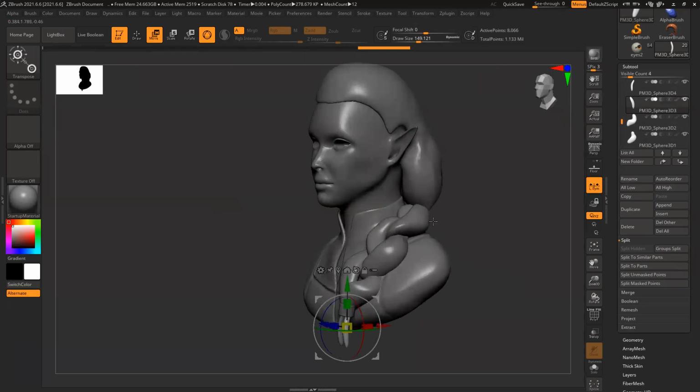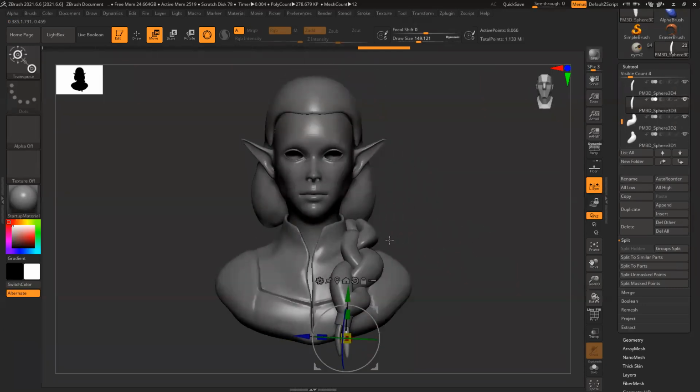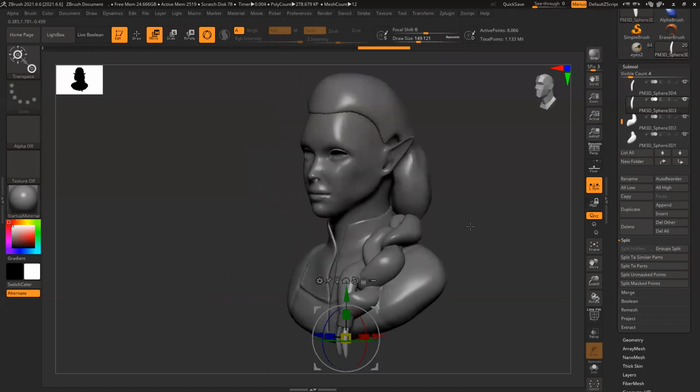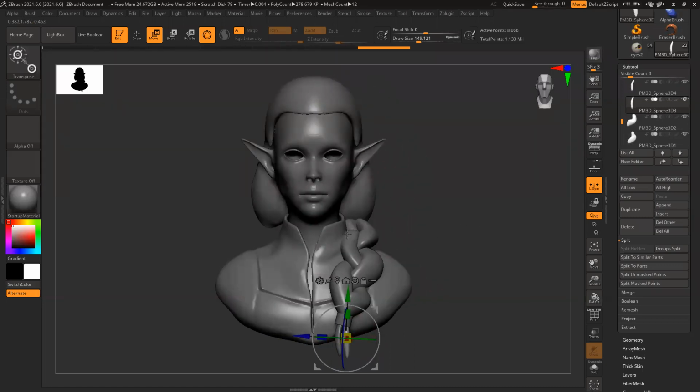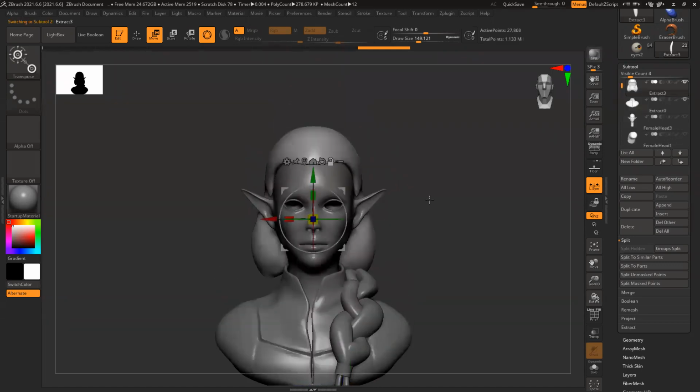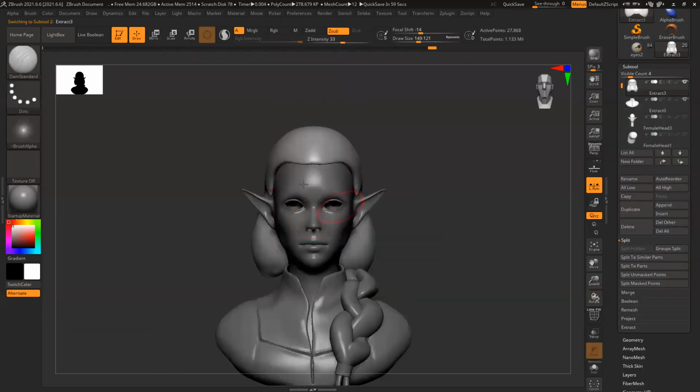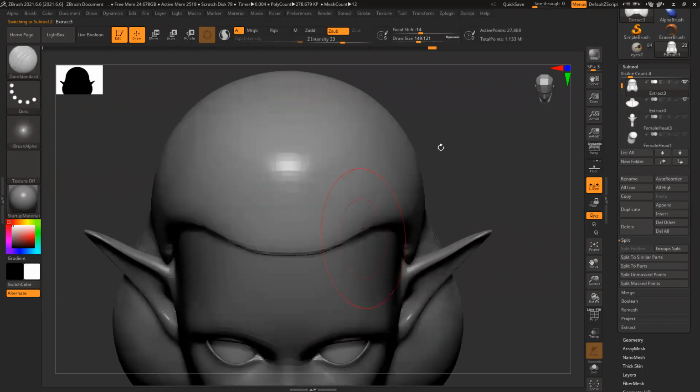So basic braid is ready. So basic shape, and then we can just simply Dynamesh this thing and start working on this entire thing. So before that, I'll just save it to this model and my basic shape BDS. So I have to create those hair details. So symmetry is off. It's asymmetric. It's not symmetrical.